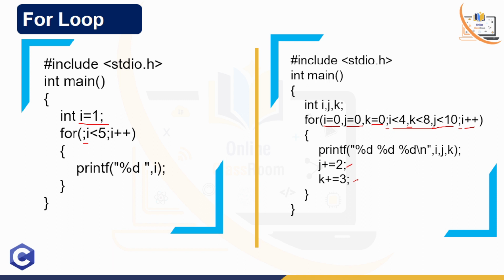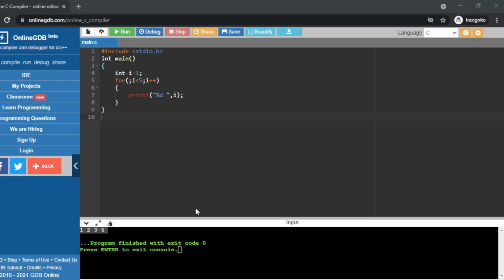So at the first time the value of i equals 0, and here I print all 3 numbers, right? So at the first time the value of i is 0, and that's why it will print 0. The value of k is also 0, the value of j is also 0, so all are 0 at the first time. After that i++ means i is incremented by only 1, but j by 2 and k by 3. Now again, if I compile the same code,